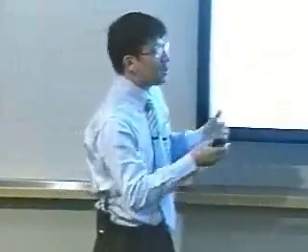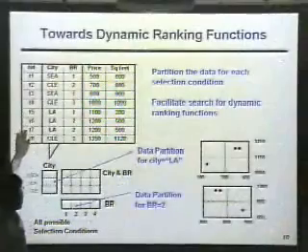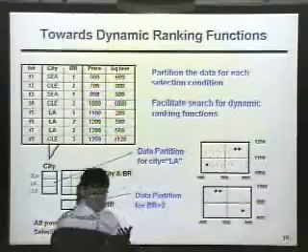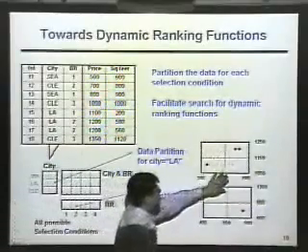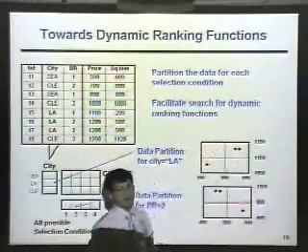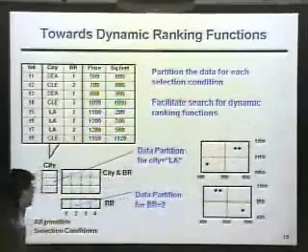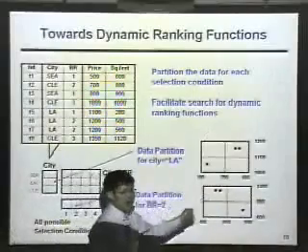So instead of pre-computing the final result, we partition the data. For example, given this LA, we know these 3 data objects, and we can partition data in this way, according to price and square feet. Whenever there is a ranking function, we know where to search, because we know the bin boundaries, and given a function, we know which part is most promising for top score. We can go directly to that region to fetch data. And similarly, for 2-bedroom, we can also give a data partition, like here.